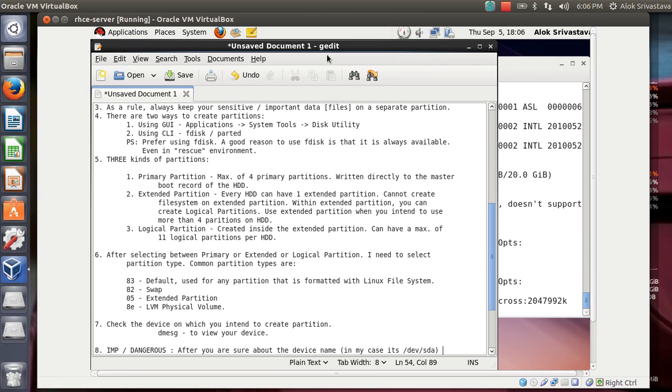So after you are sure that this is the device that you intend to format or create a partition on,